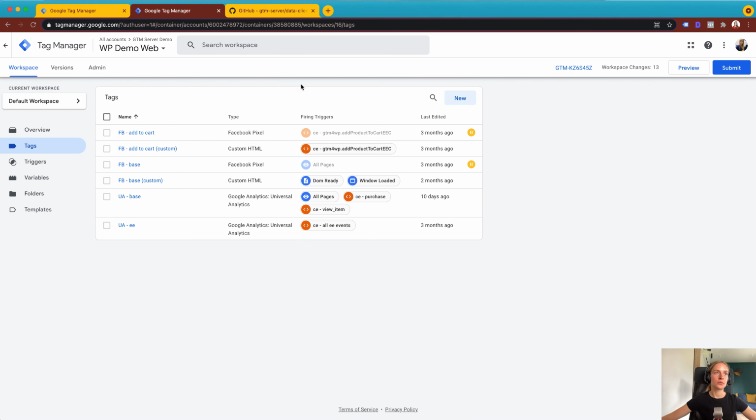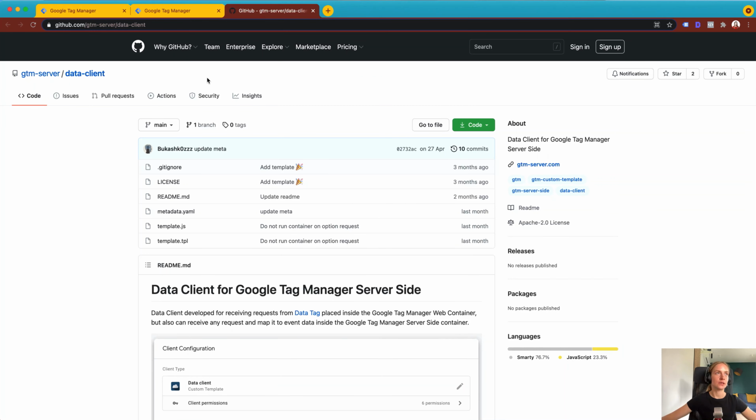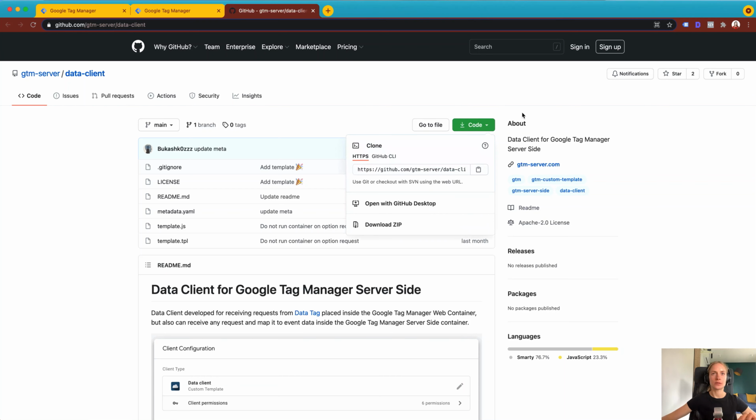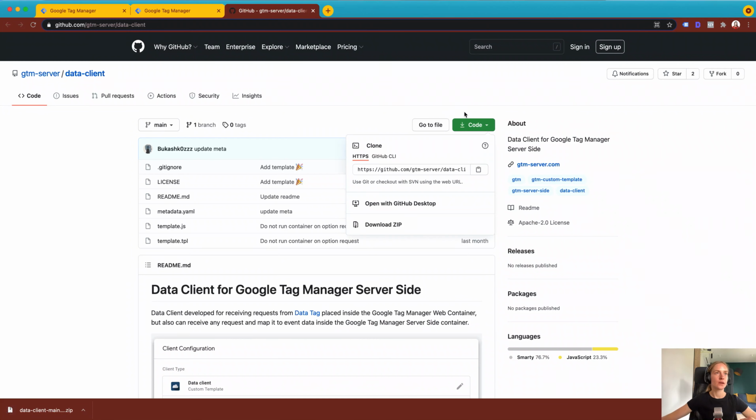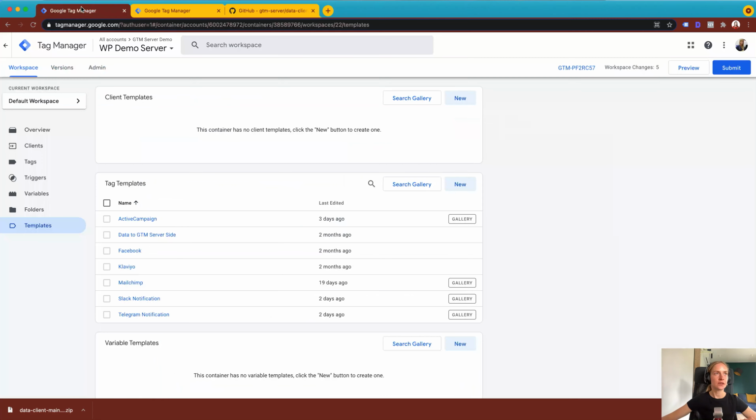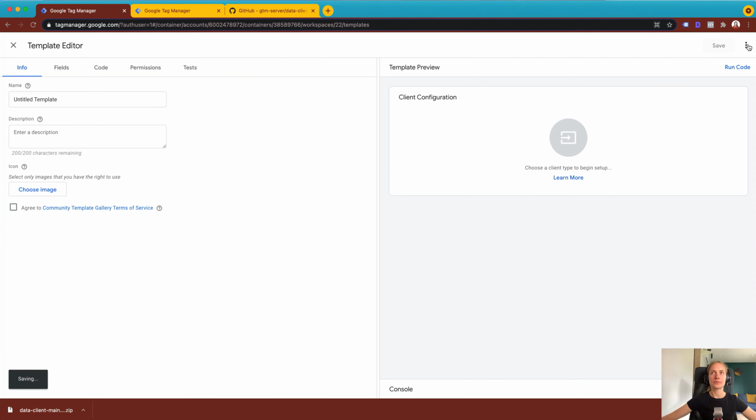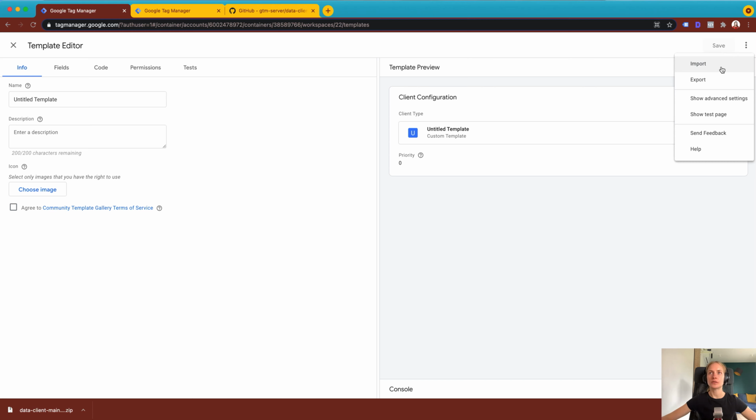The first step would be to download data client and data tag templates from the GitHub. The first thing that you will need to do is click on this green button and download the zip file. So here I've downloaded the data client. So I will go to the server container, click on the templates tab, click new, then here's 3 dots, import,